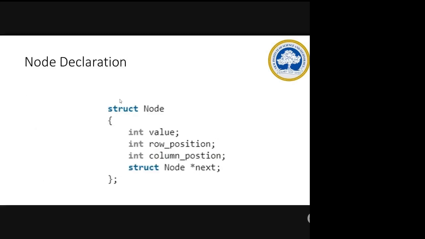And now when you see here, this is the main thing, my structure. Wherever you are creating a node, you will be declaring it. But for a sparse matrix alone, you will be giving the row position and column position. For a normal linked list, when you create a node in the structure, there will by default be only two values, that is the value and the next address, the pointer. But in the sparse matrix alone, you will have the row position and the column position. So this is your